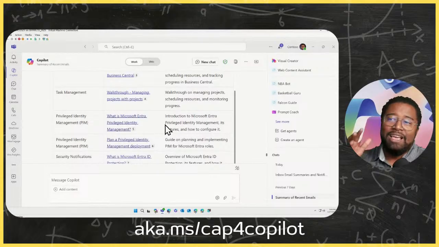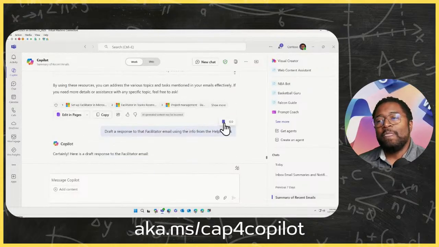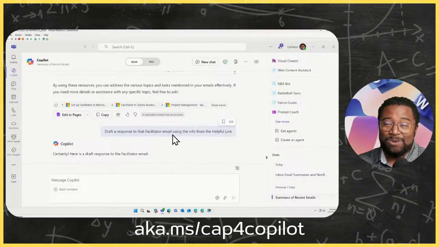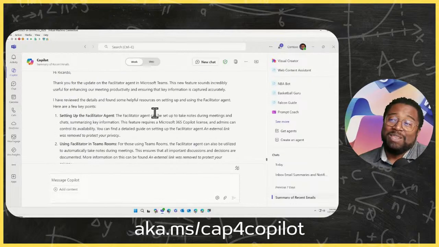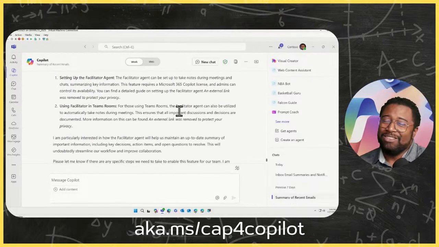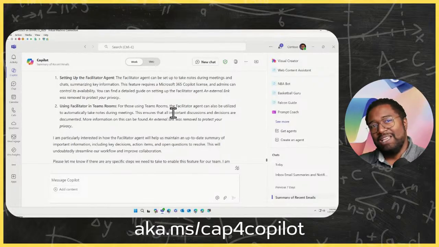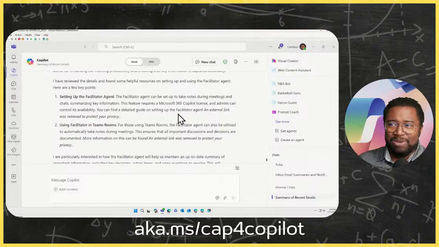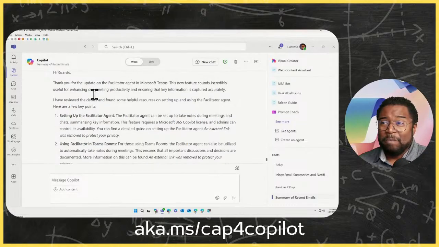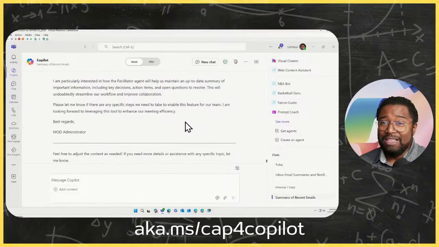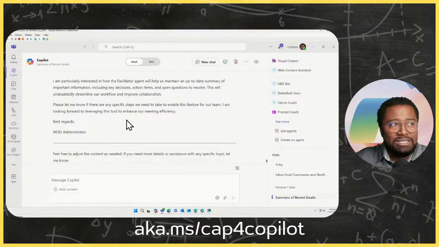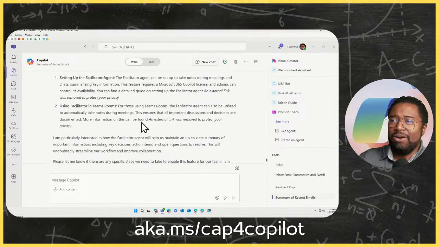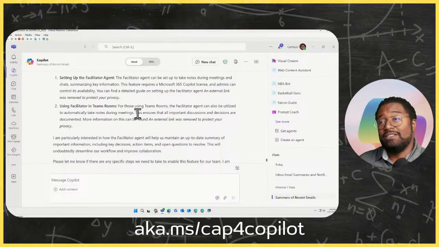But I'm super lazy. Not only do I want you to help me with the research, go ahead and actually just draft a response to that facilitator email. Have at it. And it's happy to do that too, right? So it has put something together. Now I really would have to check this and go read the email question, read this response, make sure it's good. But it's possible that it has done an email here for me that I like. And what normally would have taken me maybe half an hour to research and then compose 3 paragraphs of a response, it's possible I could have got this done in maybe 5 minutes using Copilot.